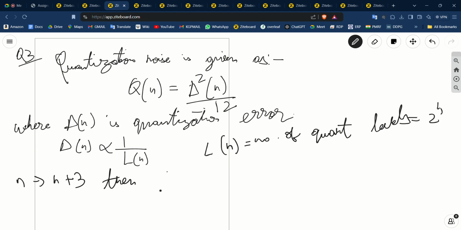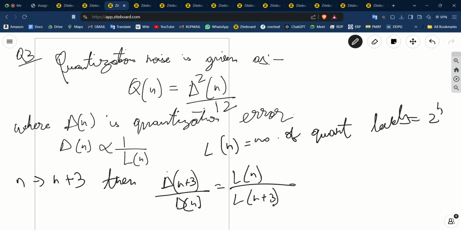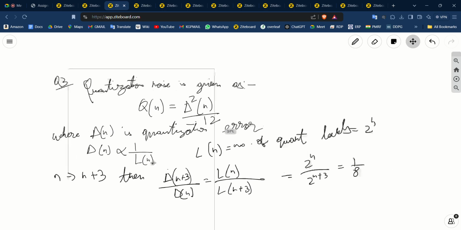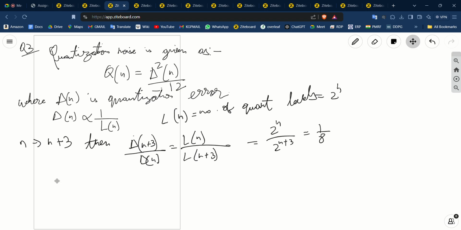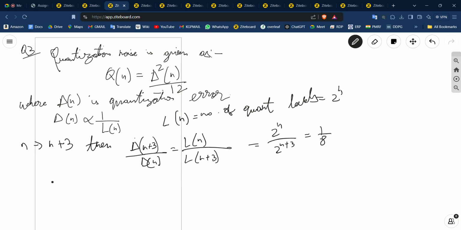So, if n is changed to n plus 3, then delta n plus 3 by delta n, as delta and L are inversely proportional, is equal to L n by L n plus 3. So, this will be 2 to the power n by 2 to the power n plus 3, or 1 over 8. So, if this is 1 over 8, then the ratio of quantization noises Q n plus 3 to Q n will be